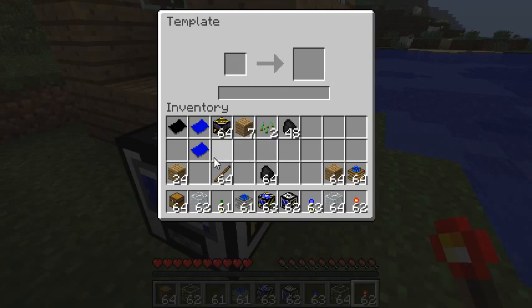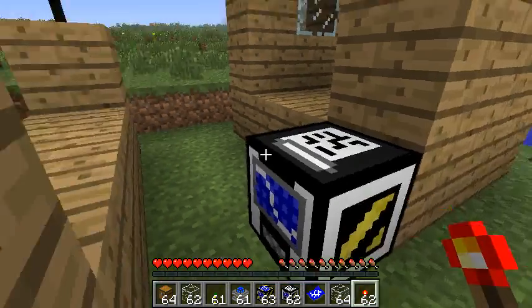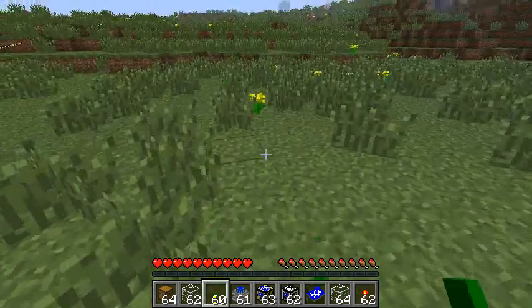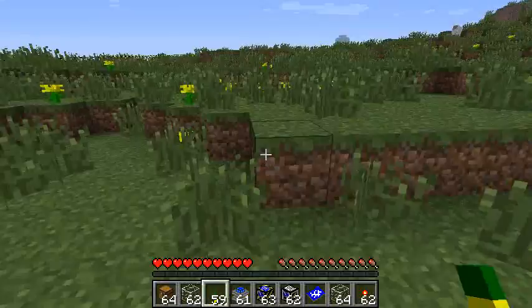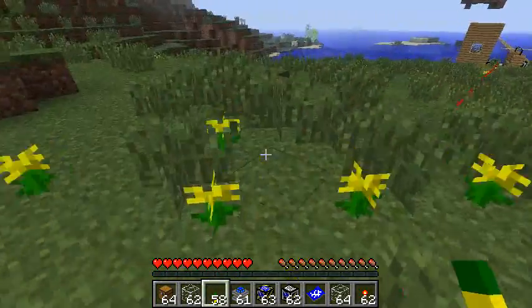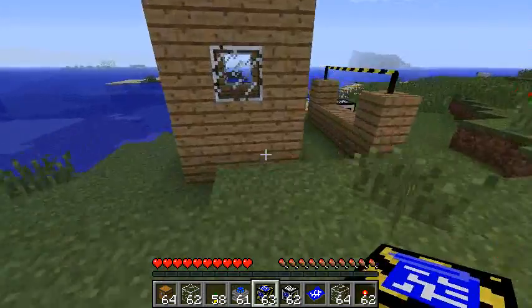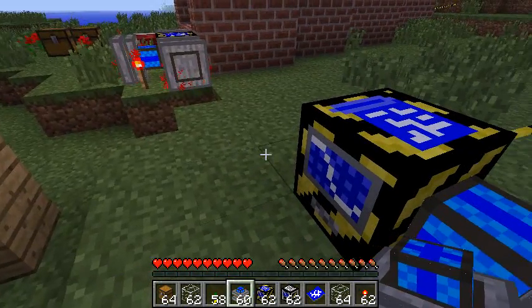So I'm opening this interface and I'm using a blueprint instead of a template, providing a name. Here we go. I now have this new blueprint, which is called corridor section, which I'm going to be able to use in any kind of builder. Just creating a path here. Like so. Laying down a builder, placing the engines,